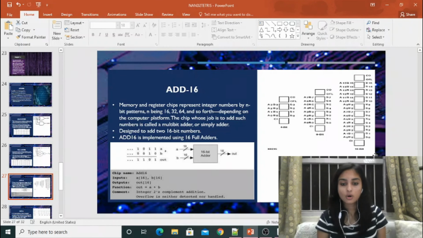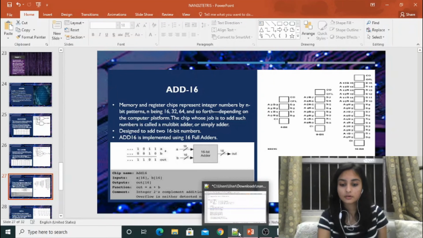The chip whose job is to add such numbers is called a multi-bit adder, or simply an adder. Our add 16 is designed to add two 16-bit numbers, and it is implemented using 16 full adders. The chip name will be add 16. Inputs are of the format A, B of 16-bit, and the output is out 16.